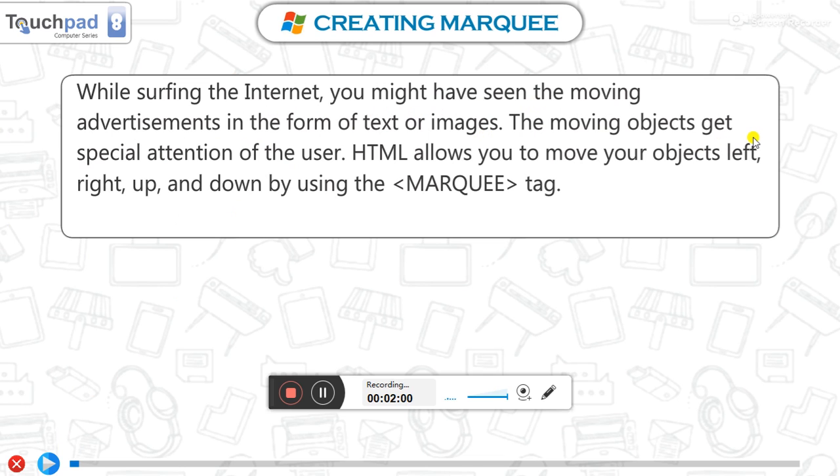The moving objects get special attention from the user. HTML allows you to move your object left, right, up and down by using the marquee tag.